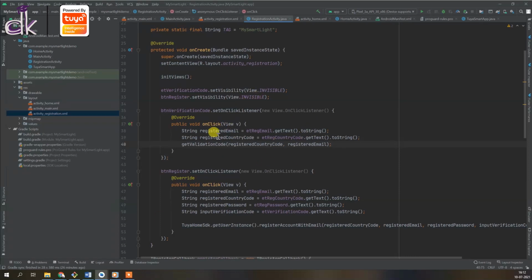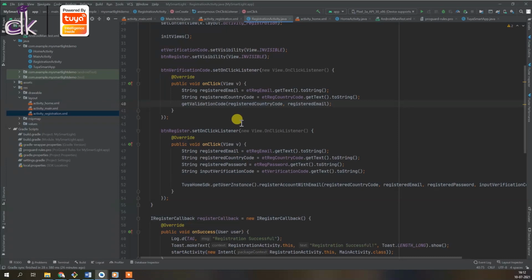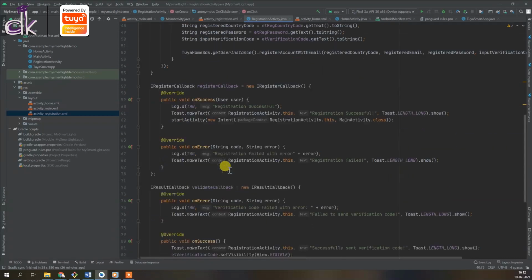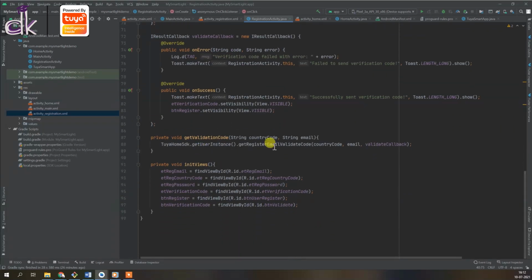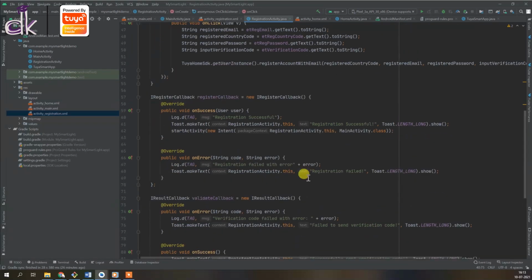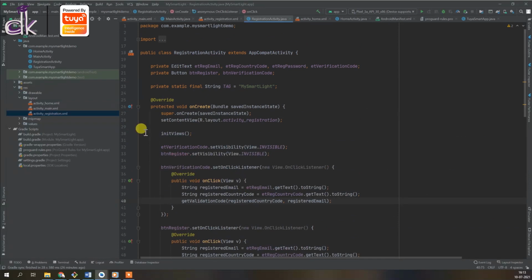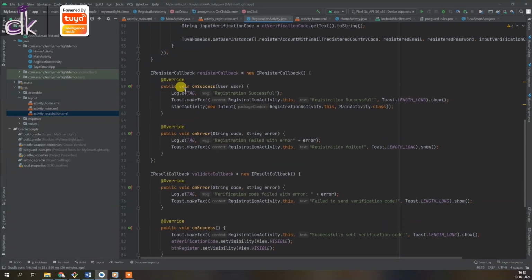So you could do any further validation if needed. But from the Tuya SDK side, they anyway provide some validation code, and in case it does not follow the format, or if it's an empty string, obviously the verification code is not sent and it will result in a failure.